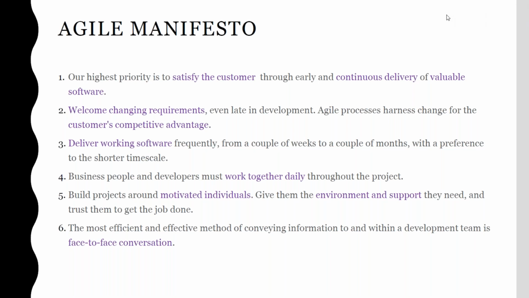Okay, next one, we'll be getting into: deliver working software frequently, from a couple of weeks to a couple of months, with a preference to the shorter time scale. That means we are going to be delivering the software very frequently. That means within a month we have to deliver the release cycle. Earlier we were not sending the release cycles within a month. Once in 6 months we were delivering the release cycles to the client. That means the client could view the output. He could see his application updates once in 6 months,